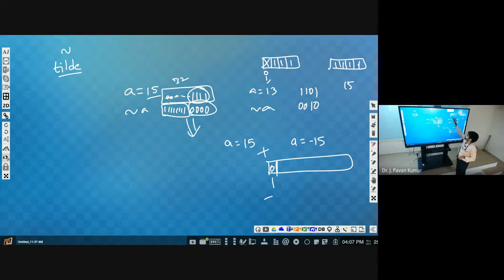And the maximum will be there if it is a positive one. Positive in the sense 0, 111, isn't it? 0, 111 is the maximum one. That means that is plus 7. Yes or no? Plus 7. Next, what about the minimum number? Minus 7. Understand? Why? Because 111 in the sense 7 only, right? So minus 7 is the minimum value. Maximum value is plus 7.